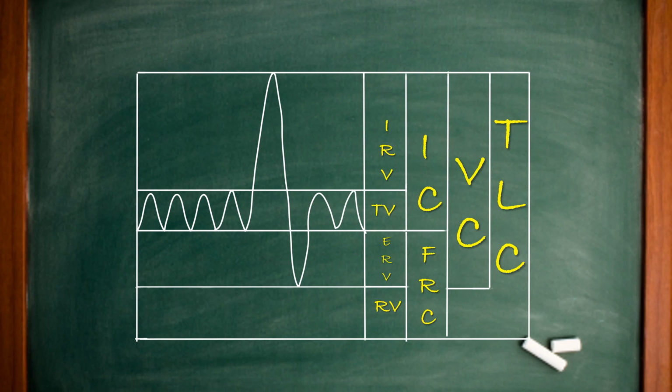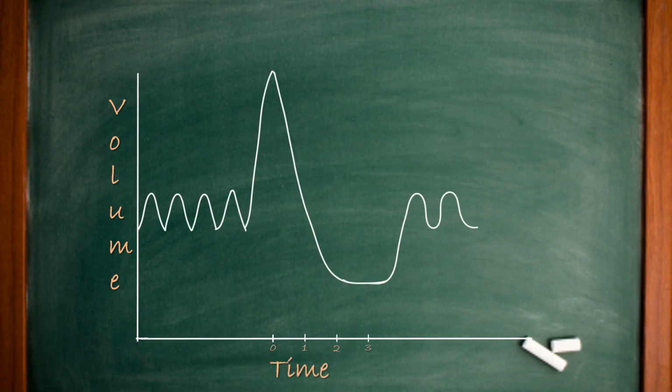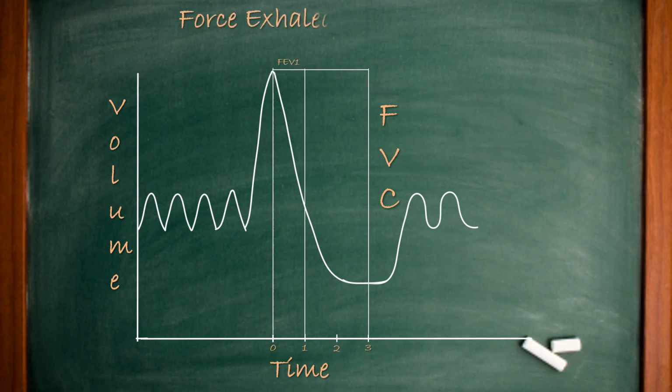Till this moment, the patient had no restriction on the timing of the inhalation and the exhalation. But what happens if we ask the patient to do a forceful exhalation? Here we will chart the volume on the y-axis and the time on the x-axis, and this is what the graph will look like. Now here the term vital capacity will be replaced with the term forced vital capacity, and the volume exhaled in each second is charted as the forced expiratory volume in 1 second, or FEV1, and so on.